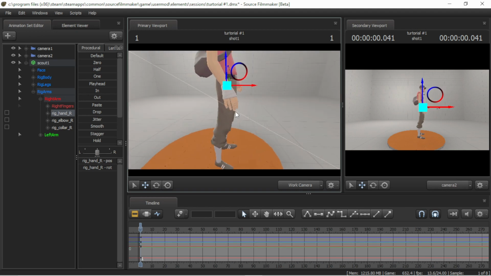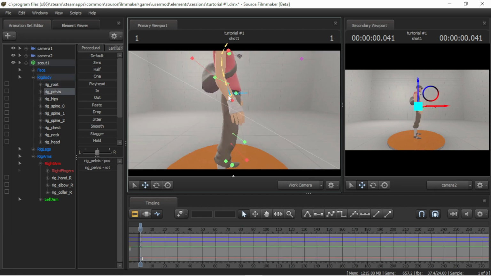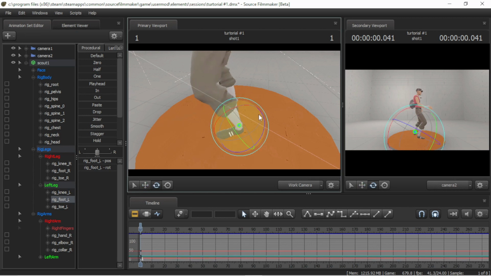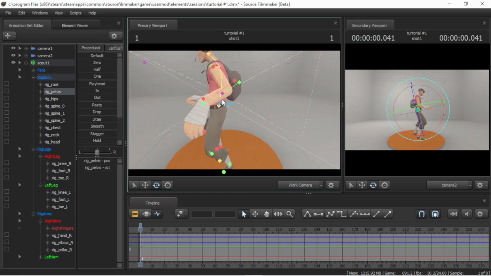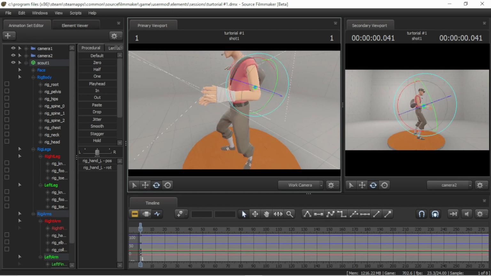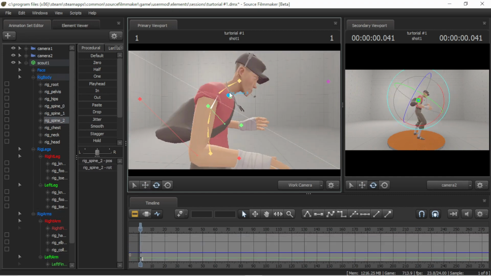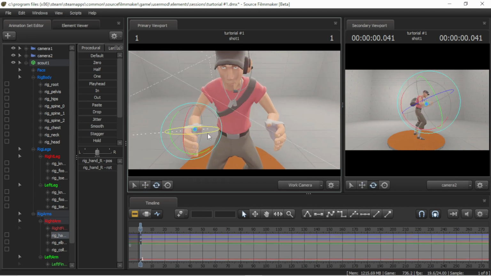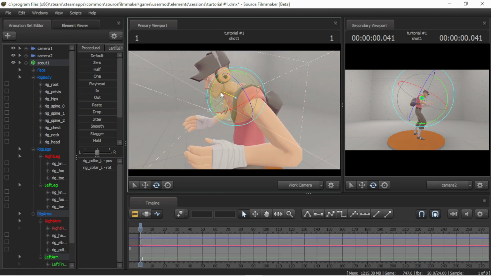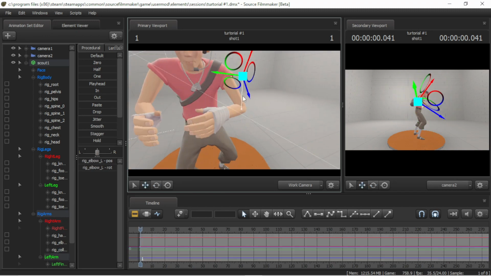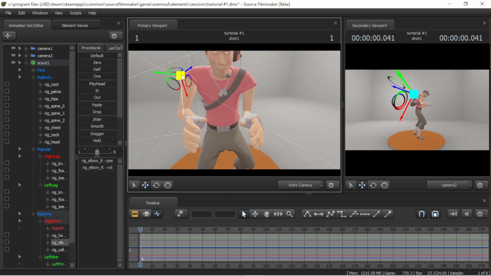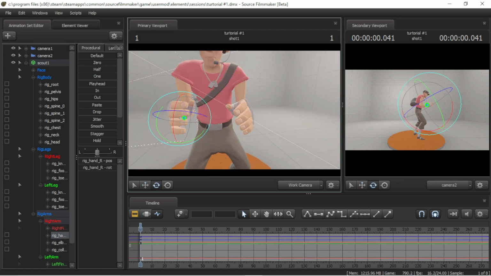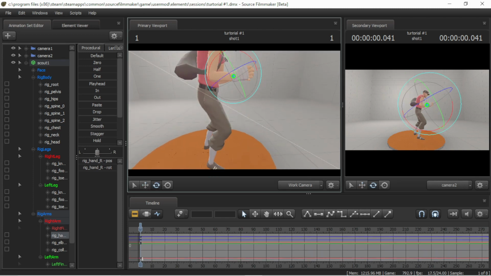So I'm going to get him into a jumping pose right before he jumps. Okay, so now that I have him in a pose that I think fits for a backflip, I'm gonna move